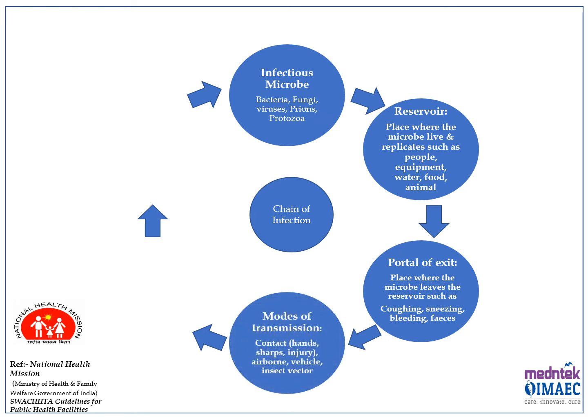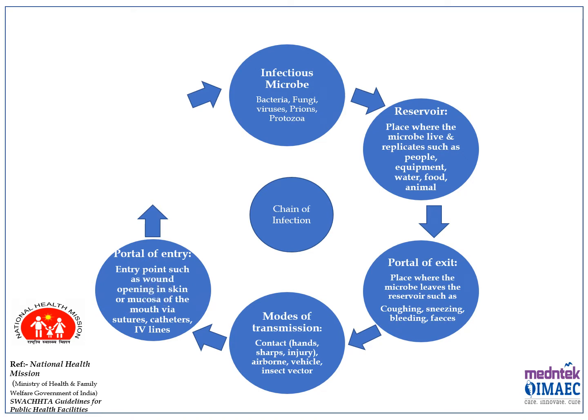The next link is the mode of transmission: contact, hands, sharps injury, airborne, vehicle, insect vector. There are various modes of transmission of disease from one place to another. From an infection control point of view, we start with direct or indirect contact. Direct means involvement of humans, by touching, shaking hands, or touching objects. Indirect contact means, for example, continuously touching door knobs or taps which many people touch without taking precautions. That inanimate object can spread the infection from one person to another